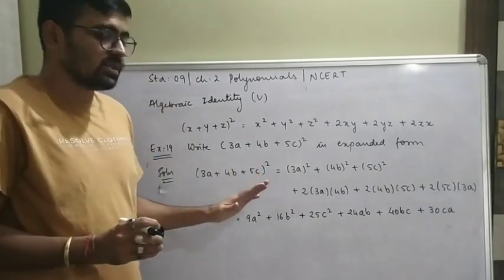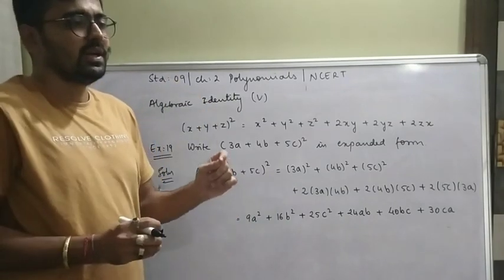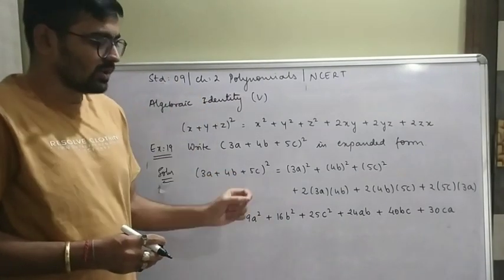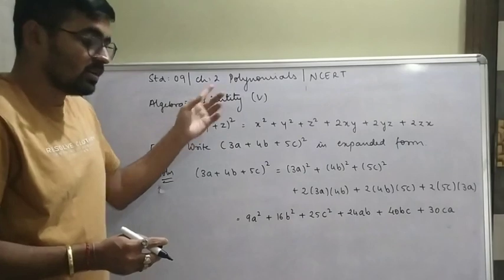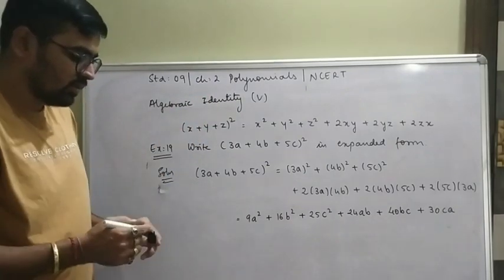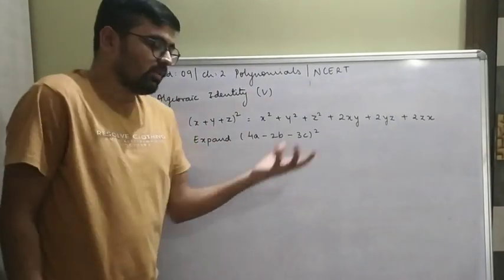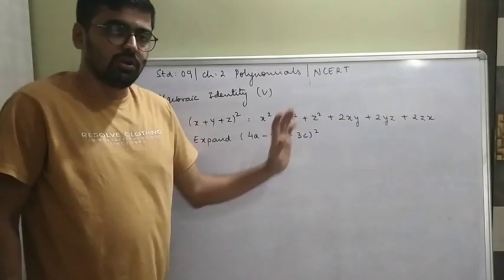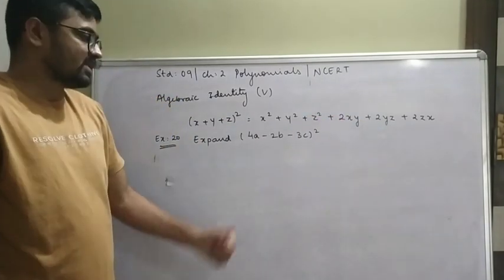आप लोग आराम से कर सकते हो. फिर भी if you find it difficult, rewind the video, watch it again and pause it and note it down so that we can move further. Let's try one or two more problems in this particular identity only. So let's go for example number 20.